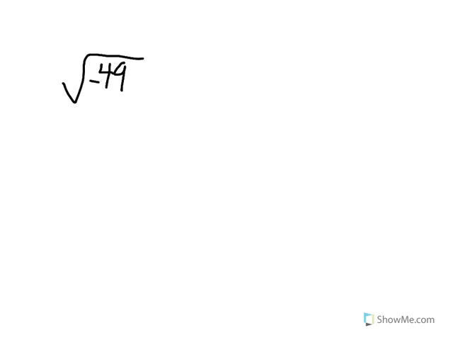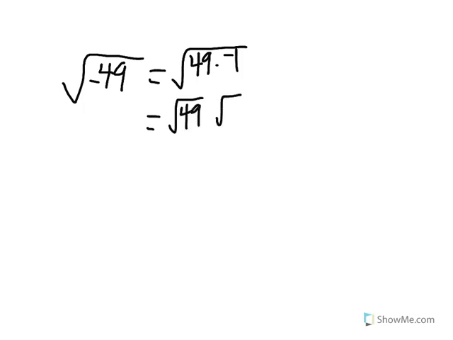Another example here, if we have the square root of negative 49, we could rewrite that as the square root of 49 times negative 1, which would equal the square root of 49 times the square root of negative 1, which equals 7 times i. Now, in both of the examples I've done so far with negatives, it's been a negative perfect square. We can do this, though, as well with a number such as negative